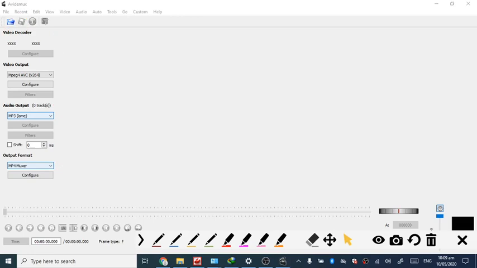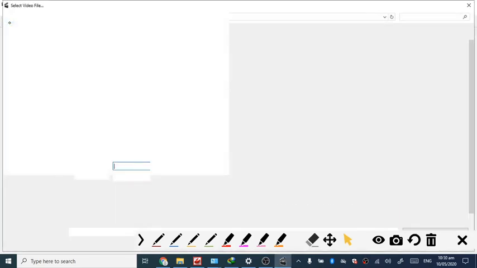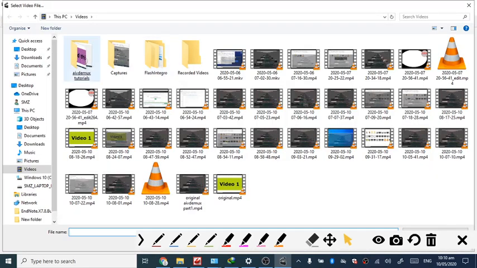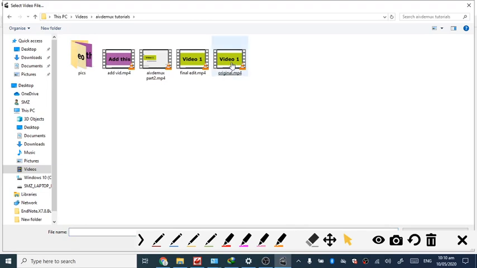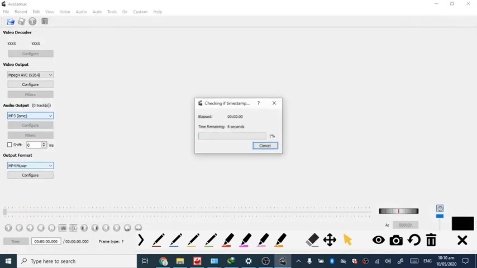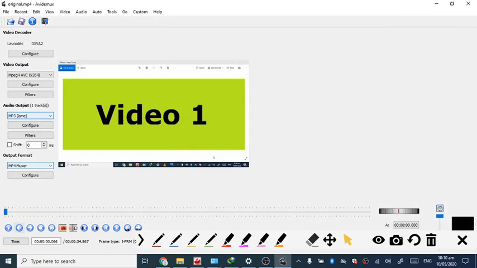Now, in order to load a video, we have to select this option, and from here we can go to our desired video we want to work with.